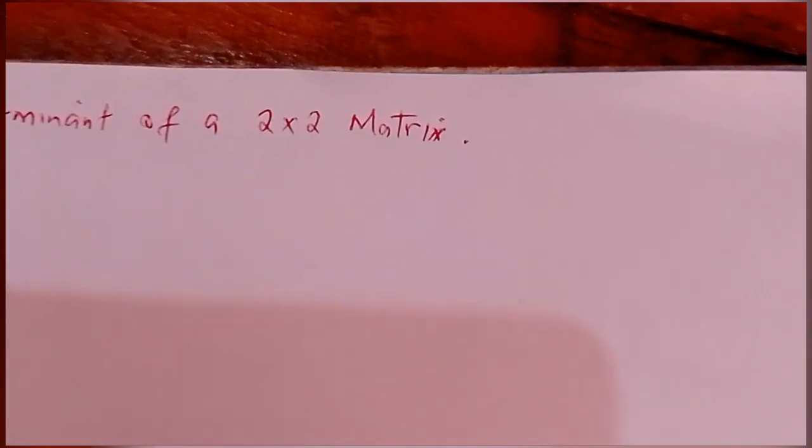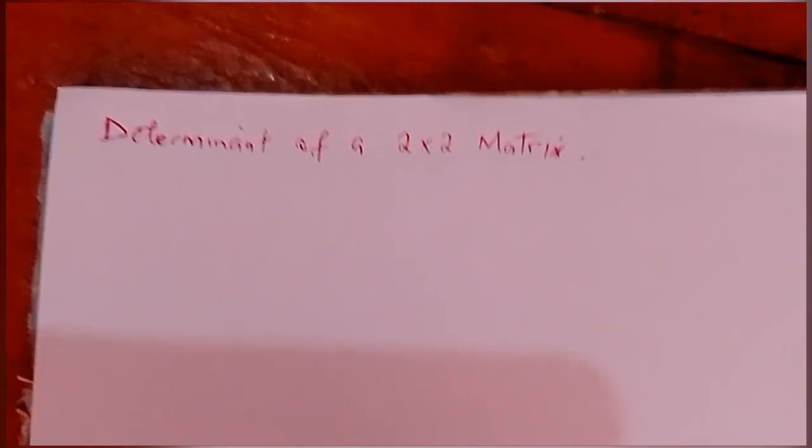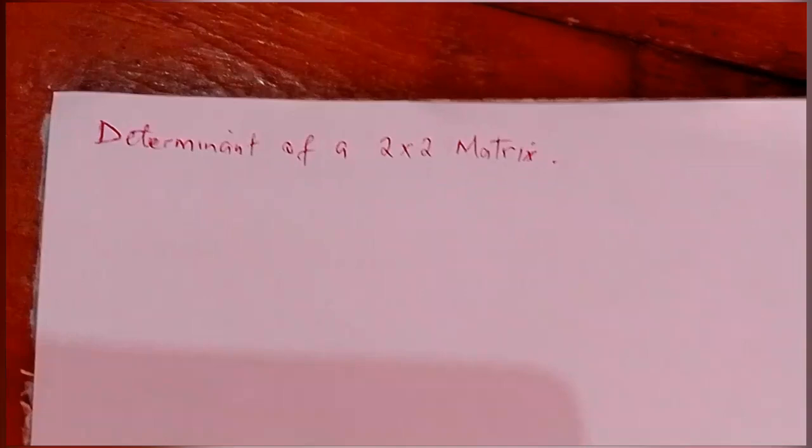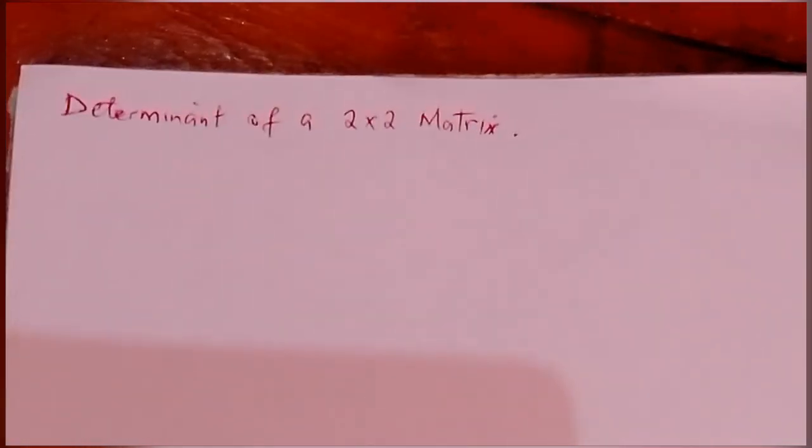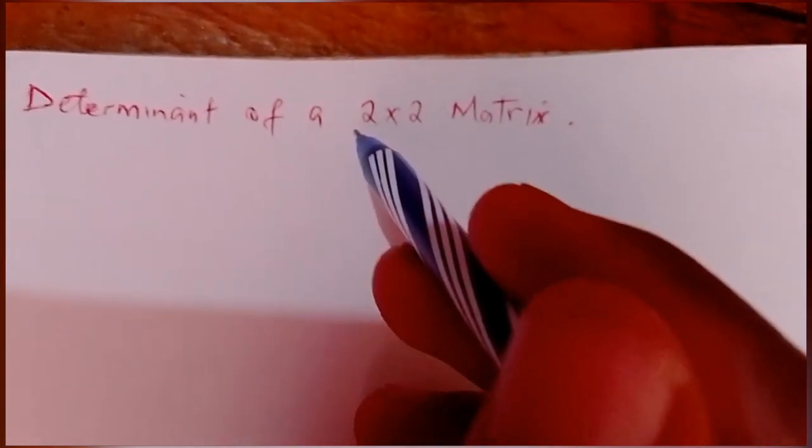This is Philip explaining. So let's look at the determinant of a 2 by 2 matrix. And before we start explaining or determining the determinant of a 2 by 2 matrix, let's remind ourselves what a matrix is. It is said that a matrix is a rectangular arrangement of numbers, letters, or symbols that are called elements. And when it's written as 2 by 2, it means this matrix has two rows and two columns,